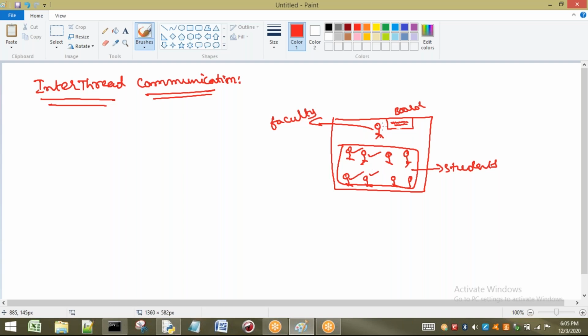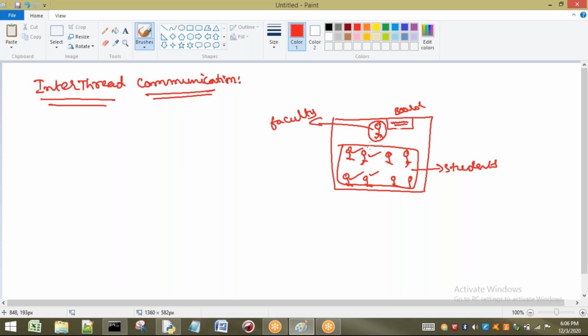After completing writing, the faculty will say, okay, note down. After this notification by the faculty, students will note down those points.